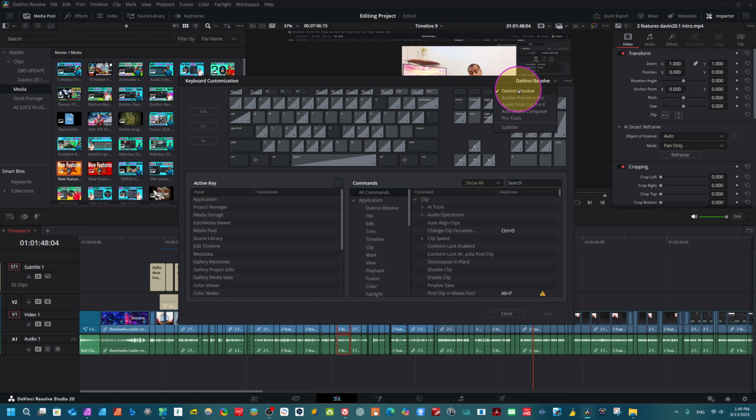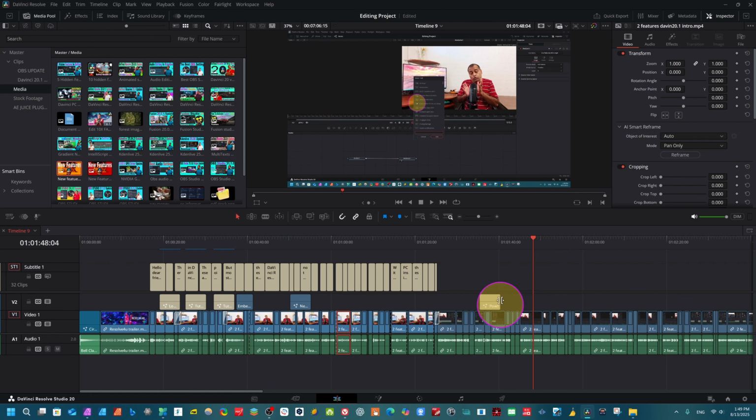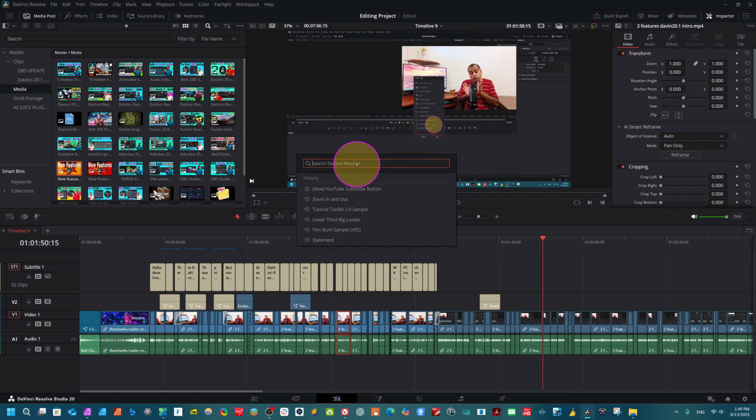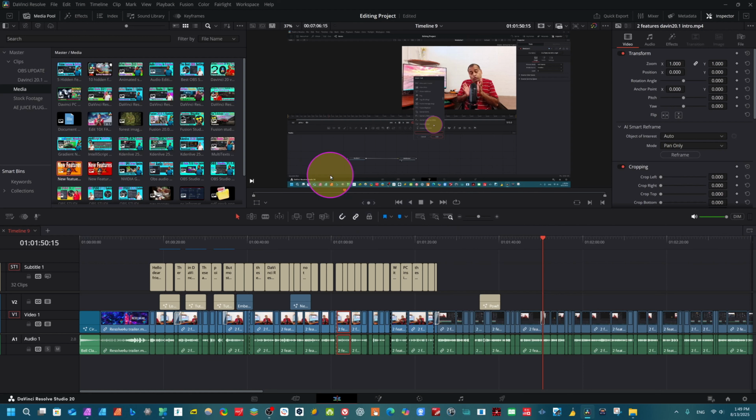I have already clicked here. Just click here now and close now. And now anywhere you want to do anything, it will work very perfectly. For example, shift plus space bar, and now I just click here, transition. I want to add transitions. You see all the effects, all transitions are available here. I want to add this transition. So you can see, very easily I have added a transition here.